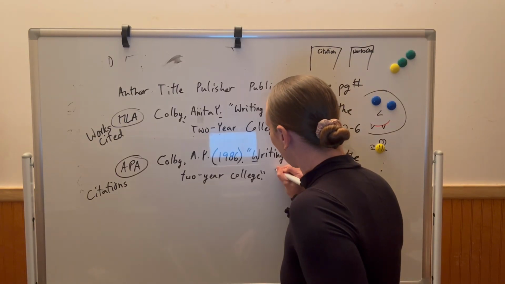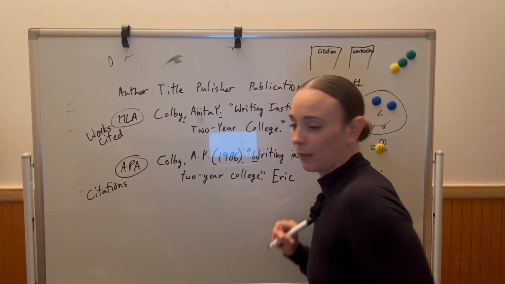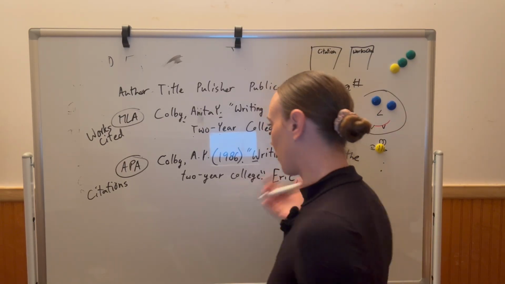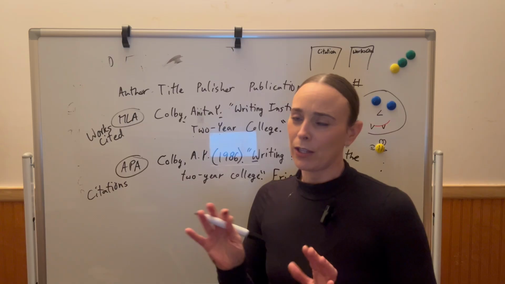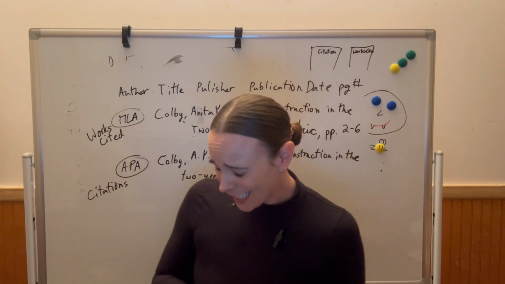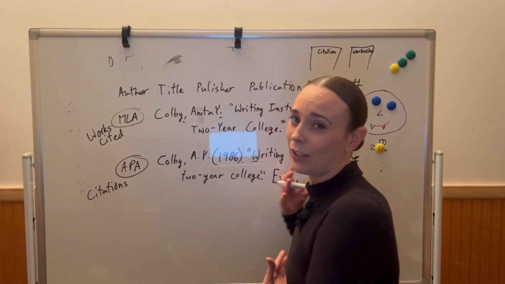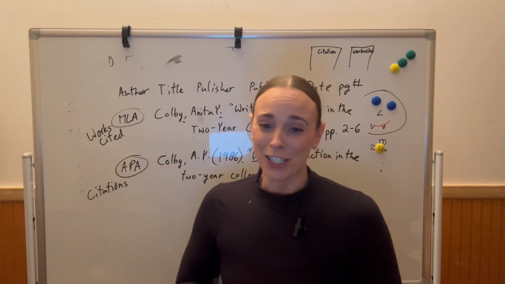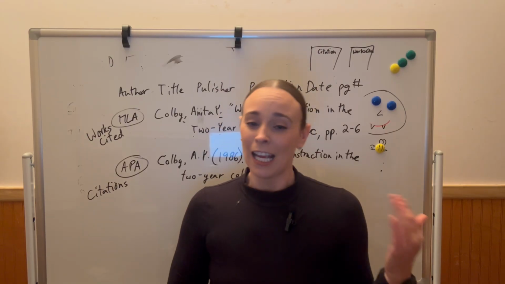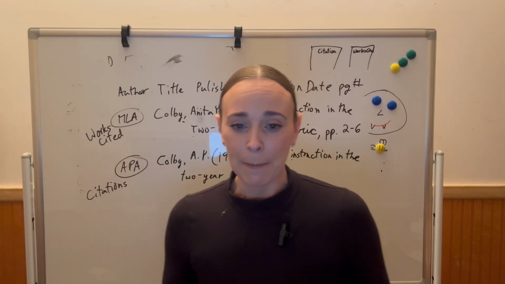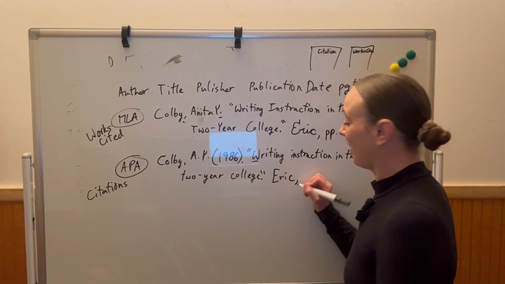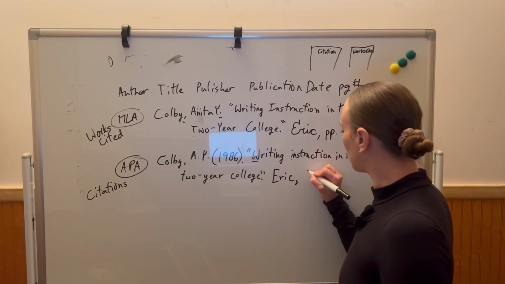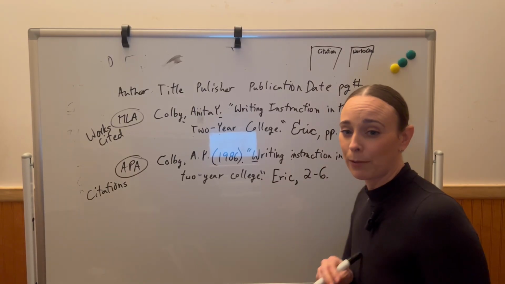That one is not in italics. Comma, and if there were an issue number or volume number, that's where we would have it in there. Even those have their own little intricacies, and so I won't go into it in detail here. There's already enough information to digest as it is, but if you do have any questions as to how to do the volume number or the italics, do let me know, and I will be happy to help you out with that. But otherwise, that's it. Oh, and then the page number. So here you don't have PP, it's just the page number and then the period.